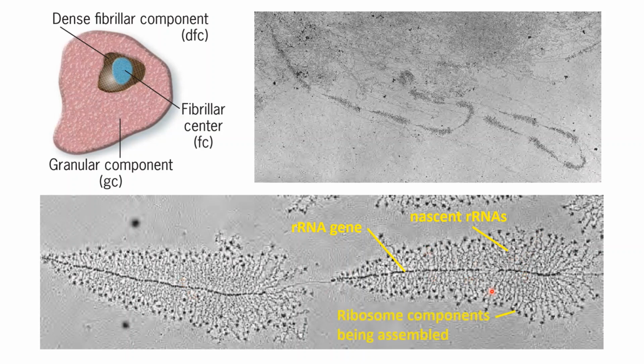Then at the tips, you can see the starting of the formation of a ribosome. Simultaneously, as the rRNAs are transcribed, the ribosomes are already being assembled component by component. These dense fibrillar components and granular components are actually ribosomes that have already started